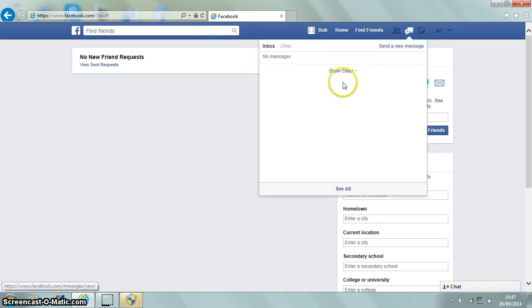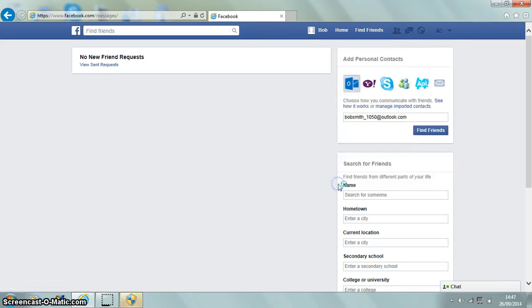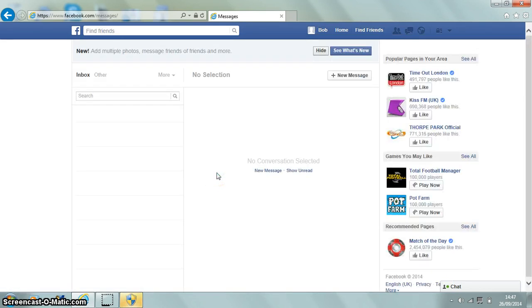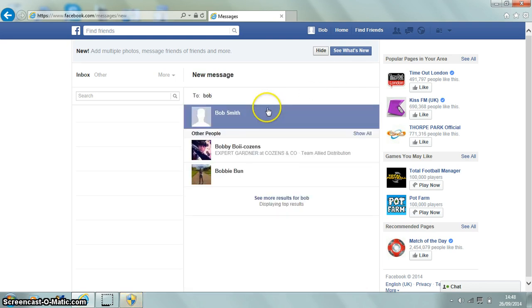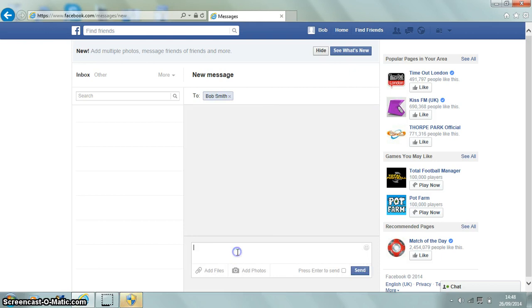and then you can go to inbox. This is where all your inbox would appear, your messages as well. So it will all appear here. To create a message, you press new message, and then to Bob or whatever, and then Bob Smith, and then start writing something just to give you a demonstration. It's right here,